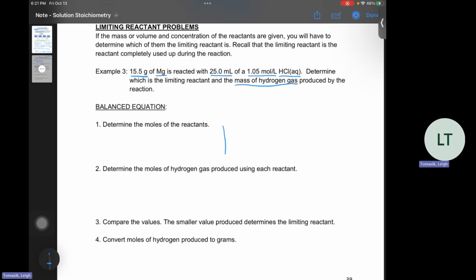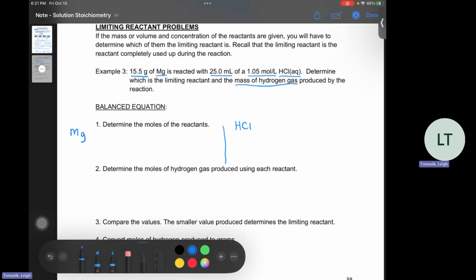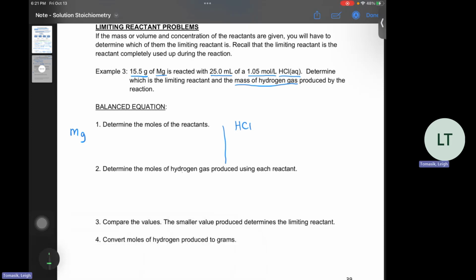So I'm going to put a little divider. This side is going to be magnesium. This side is going to be HCl. Oh, before we get to that point, let's do the balanced equation time. So we have Mg solid plus HCl aqueous, and then we have to predict the products, right? One of the products we know is hydrogen gas,